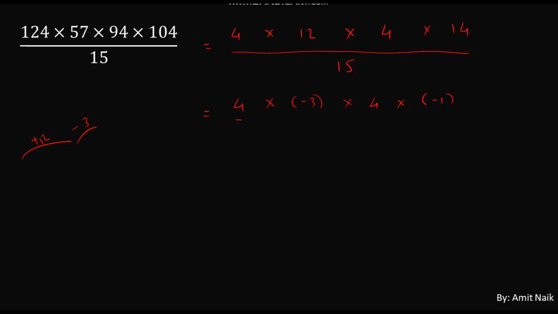Now I think you should be comfortable writing negative remainders in place of positive ones. Divide by 15. So why did I do this conversion? Because to make the numbers look smaller. Okay, smaller ones. So now if you multiply all these numbers, 4 into 3 is 12, 12 into 4 is 48, and negative into negative becomes positive. So this in total is 48 divided by 15, and the remainder is 3, right? So this is how we conclude here. What I'm trying to say is you can use the combination of positive and negative remainders as per your will.